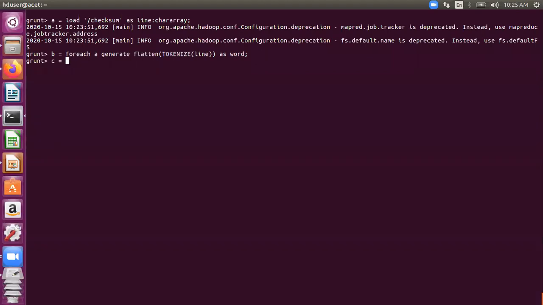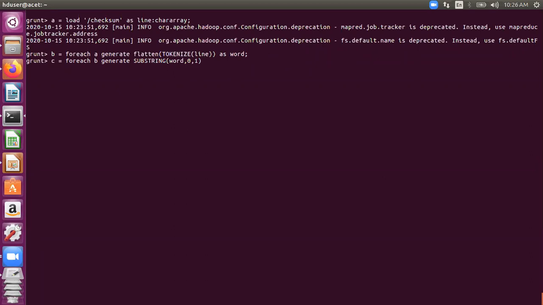Okay, so for that, if you remember, we have learned in SQL there is a substring function. If we want to extract something from a string, we can use the substring function. The same we'll do here, Shaurya. We'll use foreach B, we'll generate substring. Then from what do we take the substring? Sorry, word. Words.